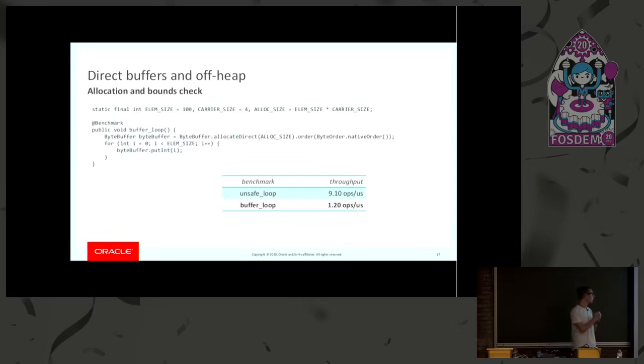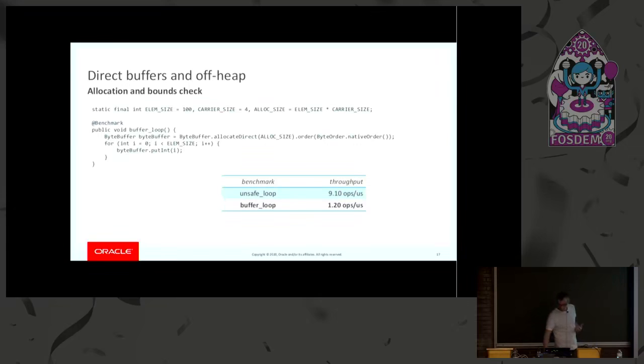The first is that I'm using the relative positioning scheme, so I do a putInt, and I'm basically relying on that mutable position field that will be incremented on every access. And that slows things down a little bit. But the second and most important thing is that every ByteBuffer has to be registered with a GC cleaner for the off-heap memory to be deallocated after we can prove that the ByteBuffer is no longer referenced by anything in our application. And basically the GC has to do a lot of work here. And this work shows up in the benchmark.